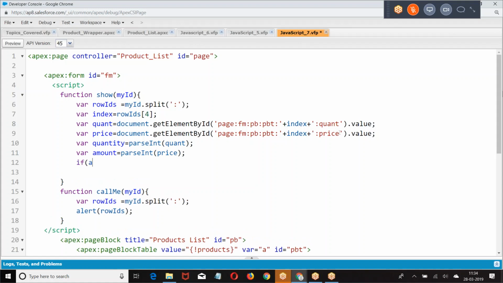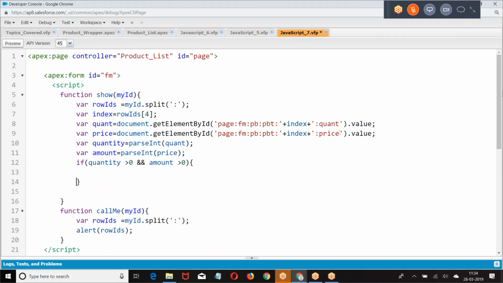If quantity greater than 0 and amount greater than 0, if both of them are above 0, then say document dot get page form block table index.